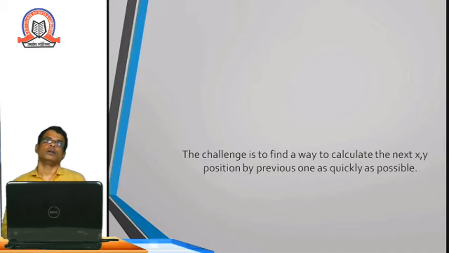In graphics, when we have to draw a line, we can consider the line to be made up of points. So we have to plot those points, and once we plot all the points, we automatically get the line. So deciding the plotting positions of x and y is very challenging when we want to draw lines.